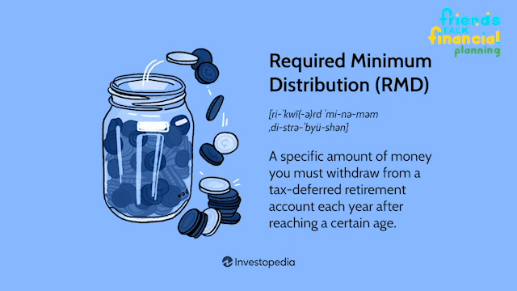Let's just start with what is the required minimum distribution from your IRA, or the RMD, right? We get into some of these acronyms. So the required minimum distribution is quite literally what it sounds like. It is the minimum amount that the IRS requires you to distribute from your IRA once you reach a certain age. It used to be age 70 and a half, and then the first Secure Act changed it to 72, and now it's 73. It's actually going to go up to 75. But when you hit that age, you have to take out a certain amount of money from your IRA.